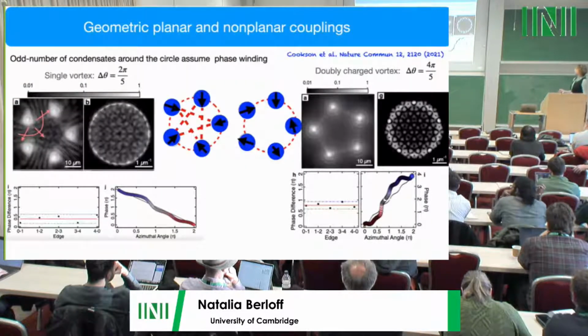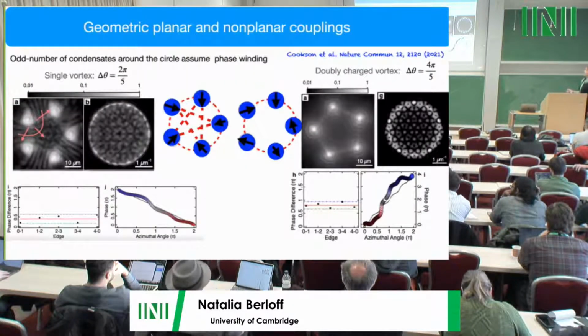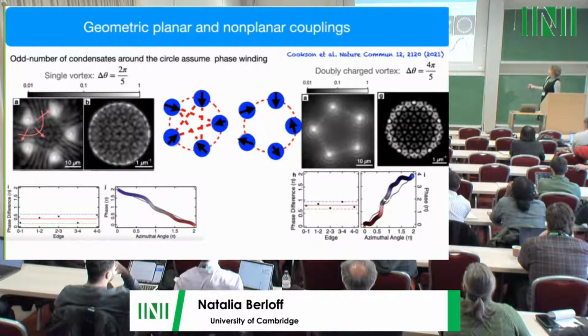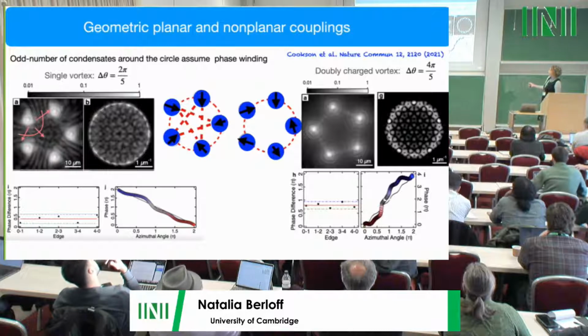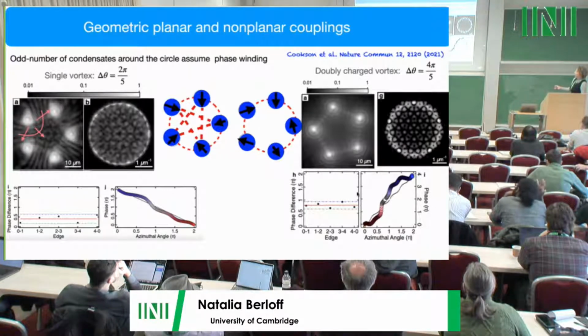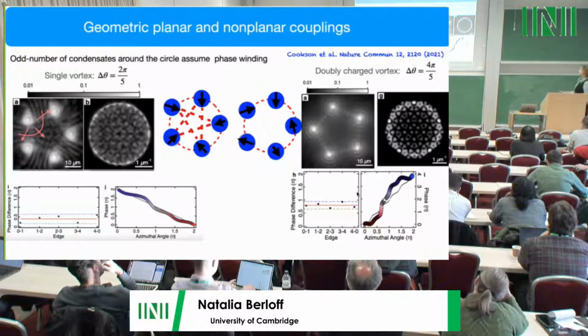This is more recent work where we built something analogous to the D-Wave machine, perhaps. If you create the condensates at the corners of a pentagon, then depending on the distance between them, here you have antiferromagnetic couplings between the neighbors, but no couplings across. And the system establishes the phase difference between adjacent condensates as expected from the XY model, 4 pi over 5.